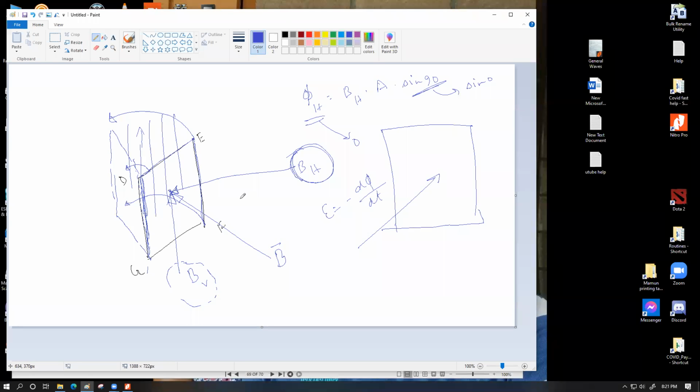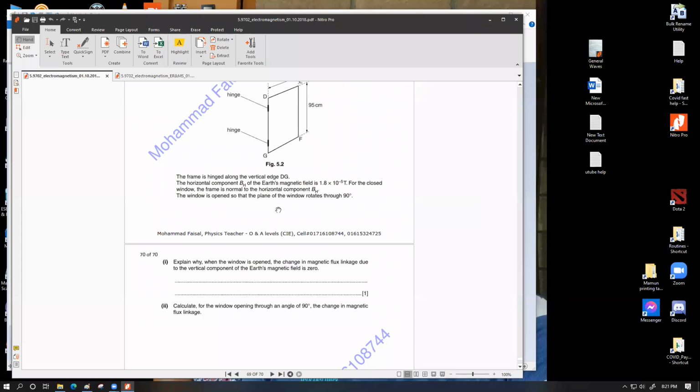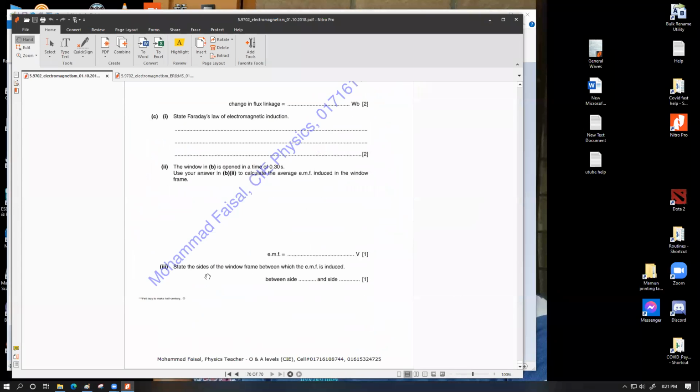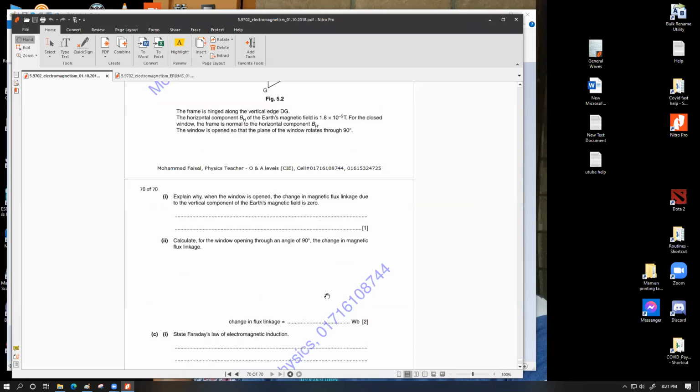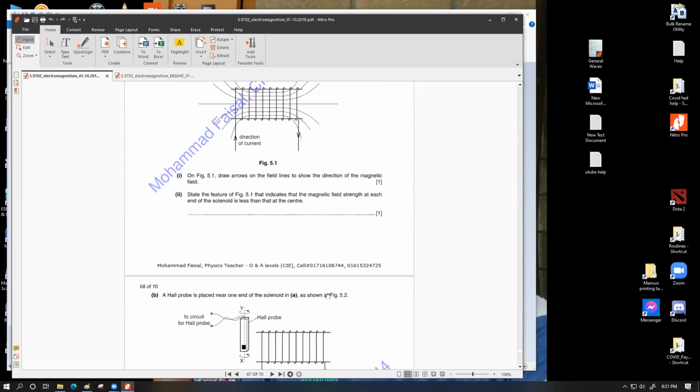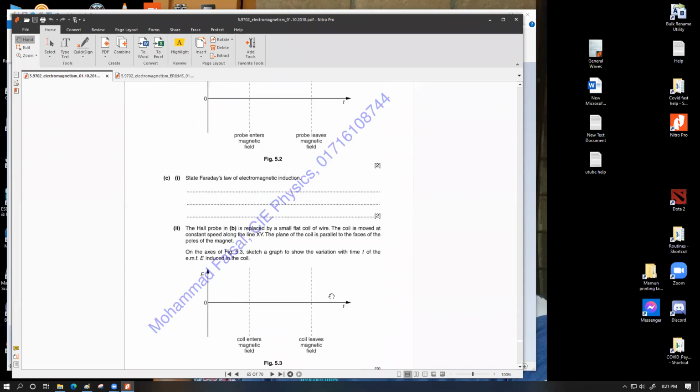Since everything is being thought of from the horizontal perspective, the calculations were like that, because the last question essentially tells us to state the size of the window frame between which the EMF is induced. So we are going to have an EMF induced across the whole thing. This is not essentially similar to what happens in a generator, because if you pick up one of the questions for the generator, let's say,